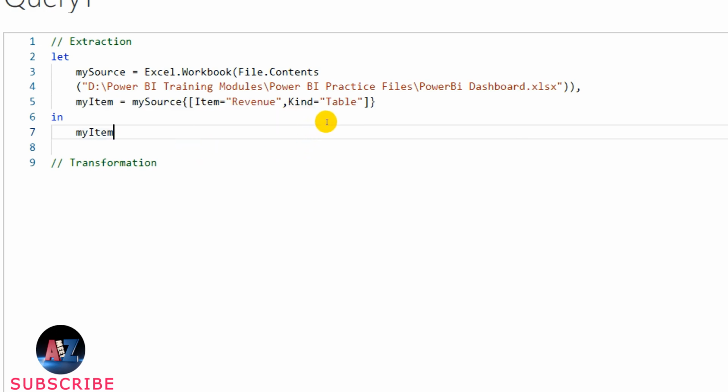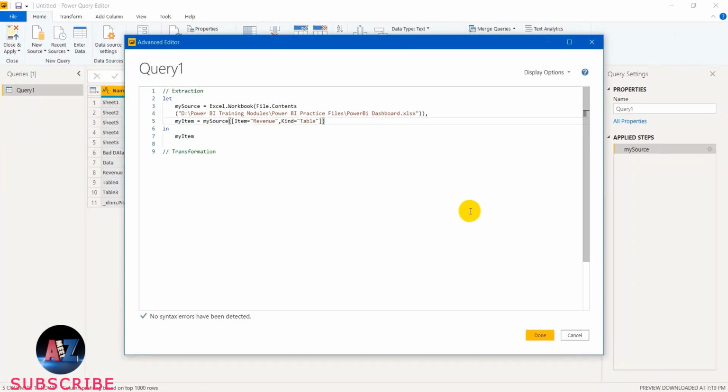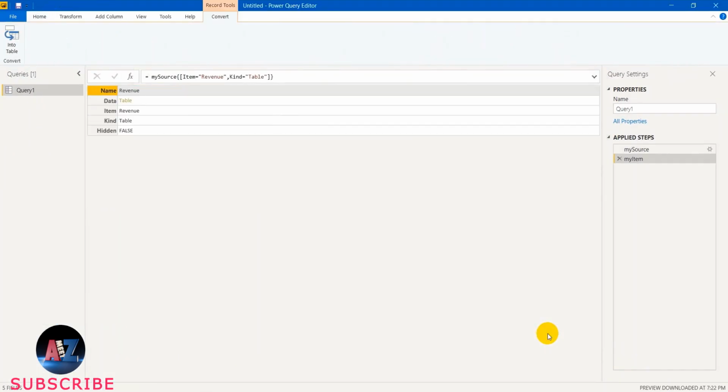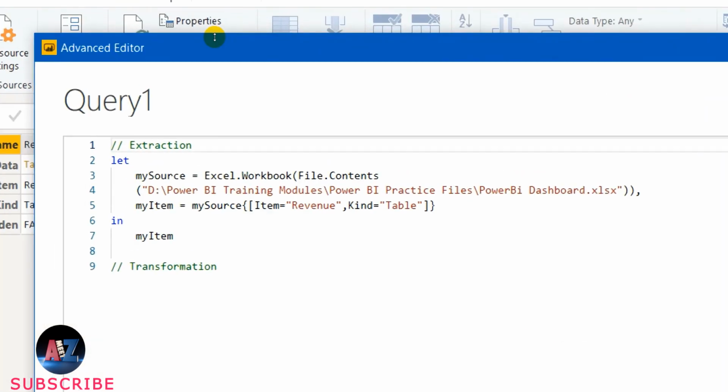So now if I complete it here, Power Query Editor will not give you the complete data, but it gives you a kind of structure before parsing the data. Let us see what happens and then clean this in a proper manner. For that, just say done. Now you selected a table, but you didn't ask for the data. So you need to ask for the data. For that, I need to tell, can you please give me the data from this entire information? No, let me go there. So there I need to add within square brackets, Data.